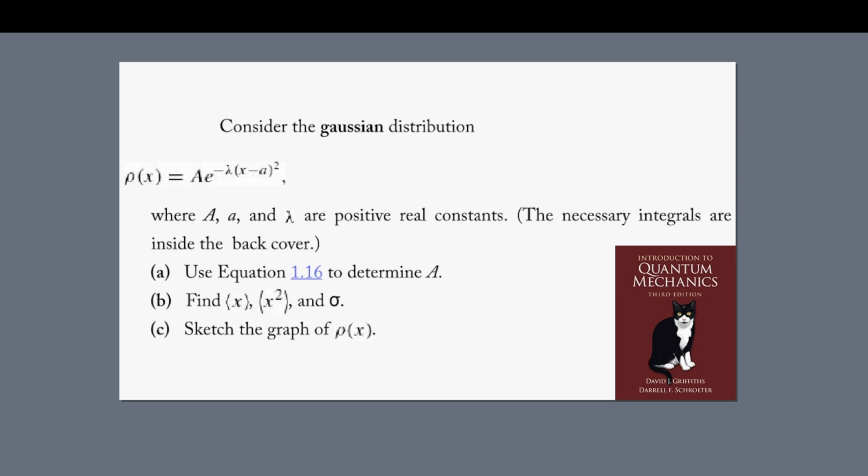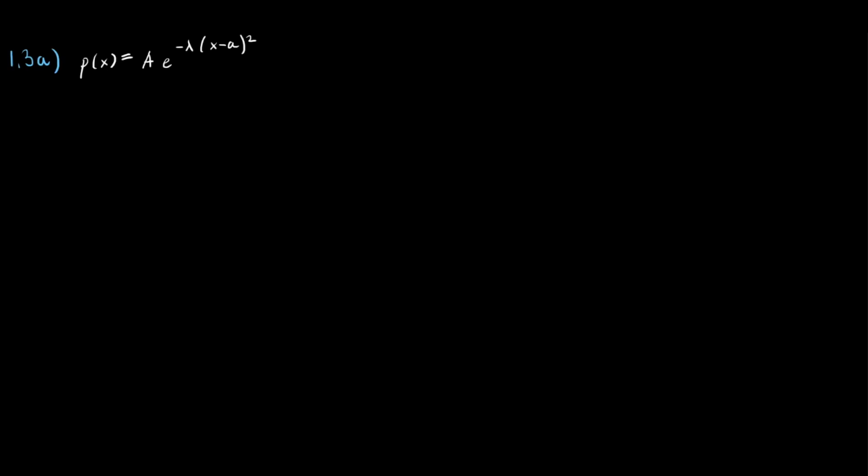Hi, in this video we're going to learn how to solve problem 1.3 in the Griffiths and Schroeter Introduction to Quantum Mechanics, 3rd edition book. Problem 1.3a asks us to find the constant a, and we could do this by using the relationship that the integral from negative infinity to infinity of a probability density function must equal 1, since the total probability must be